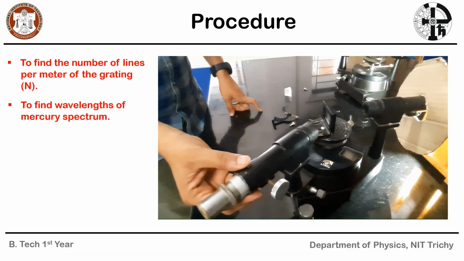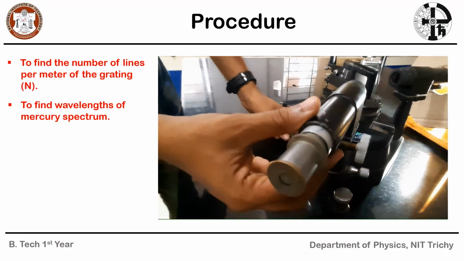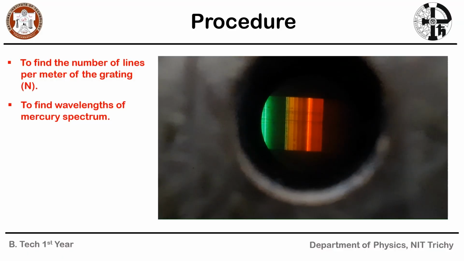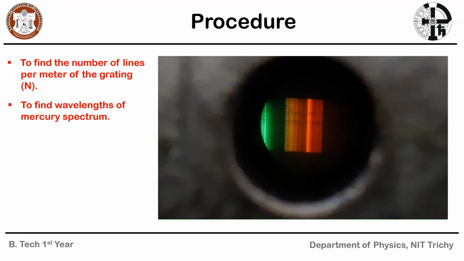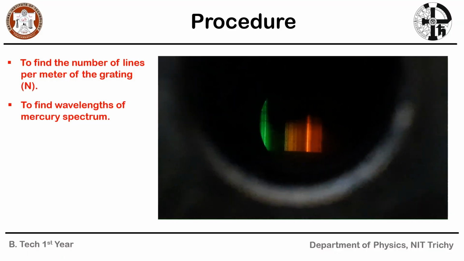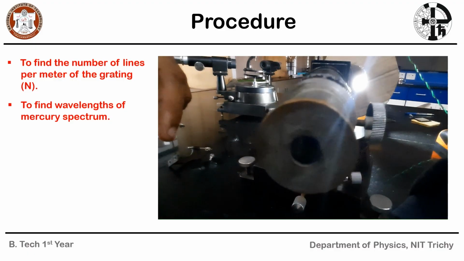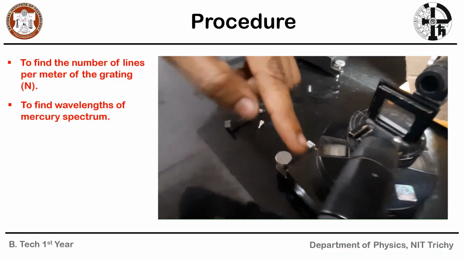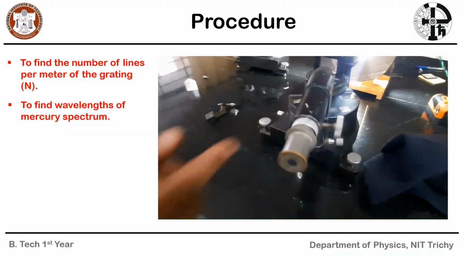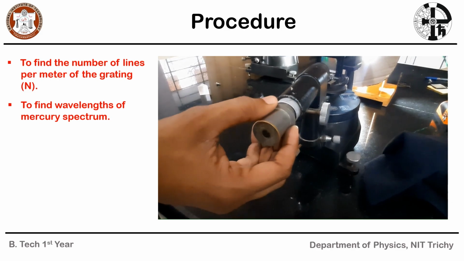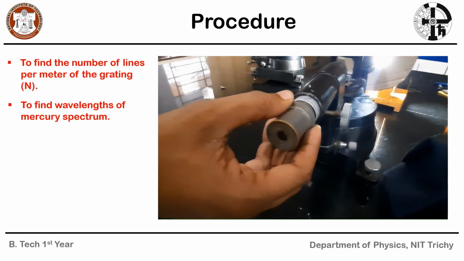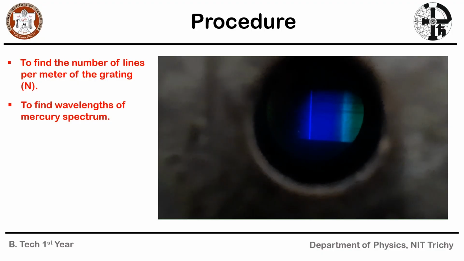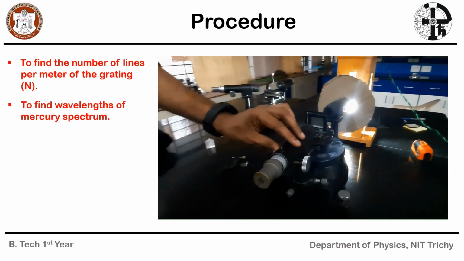Place it on the right hand side. And now you can see the spectrum. Now you place the telescope so that it coincides with one of the colors. Then you note down the corresponding vernier readings. Now you rotate it on the left hand side and you take the measurements for the next color. Repeat this exercise for different colors